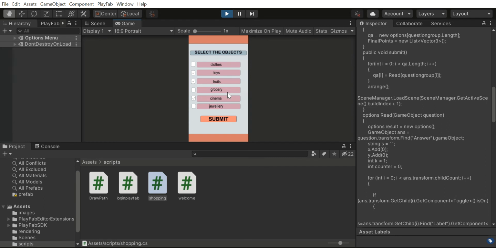We achieve this as follows: initially we calculate the Manhattan distance of each point from the origin, that is the entry gate of the supermarket, and after that we find which point is nearest to the origin. The closest point will be treated as the first point where the user has to go. After we get the first point, we again repeat the same process.